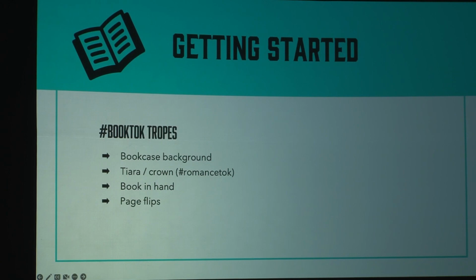Page flips, which is a very simple, easy post to do. One of the first ones you can do when you get going. You basically flip through the book. You have a close-up of the camera, just watching the page flip, and you have some text going up. The metaphor is that people can see this is what's in the book, and you can just have a scene, some quotes from the book, something that's going to tease the content.